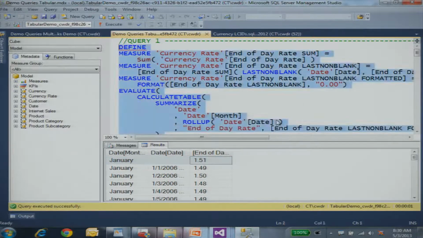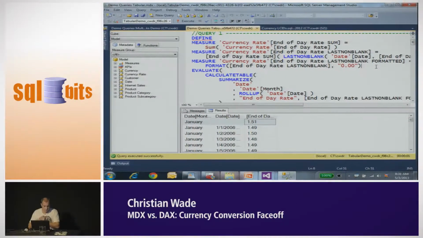So rather than using the calendar user hierarchy, we're using this roll-up function because it's not aware of user hierarchies. So that's what gives us the January value. And then for the calculation, for the last non-empty calculation, I've broken out the calculation into components, into